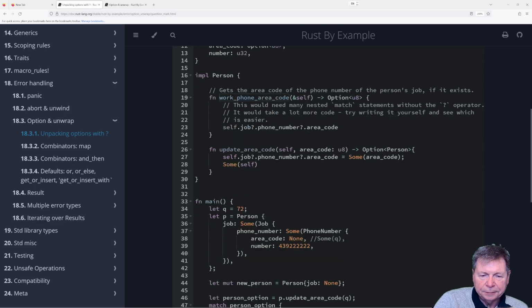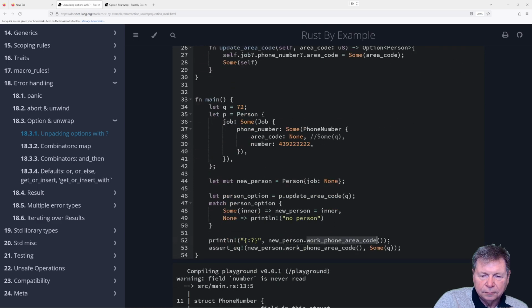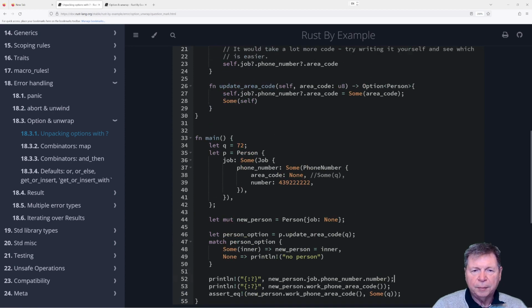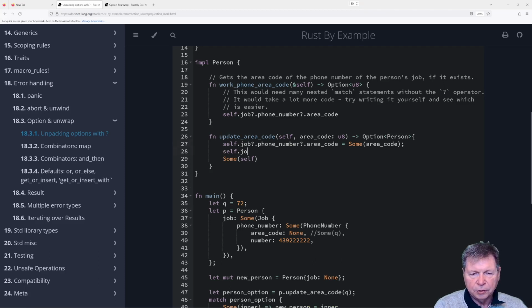All right, let's try. Print line, new person dot job dot phone number, and then up here I'm going to say self dot job dot phone number equals 72 or 23.